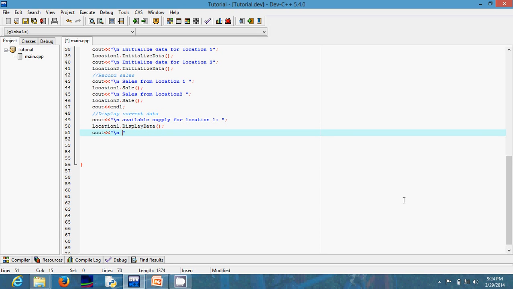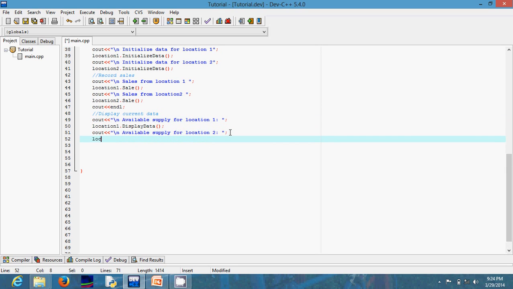Should be available supply for location 2, and a semicolon. So let me just make this capital to make it nice. Alright, and I call this also location 2